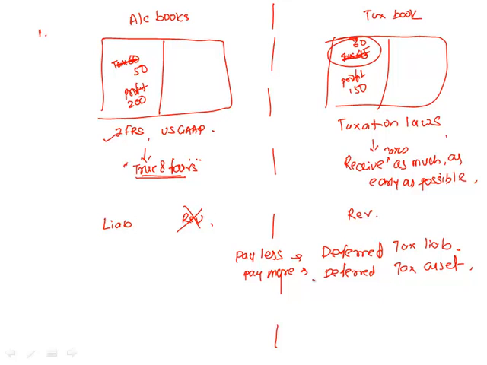Now let us build a hypothetical example to understand this concept. Let us say we have purchased a new asset. This asset is worth 100,000. Now what we have estimated that life of this asset, in fact let me not define the life right now. So let's say asset purchases 100,000.